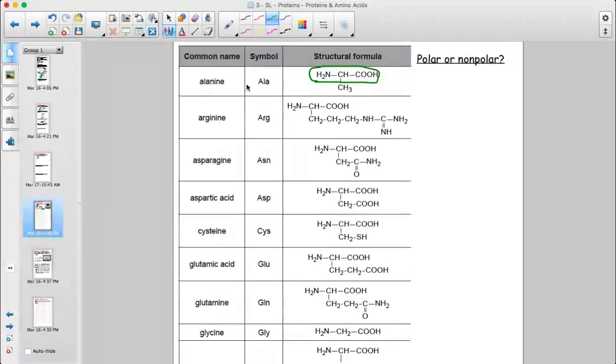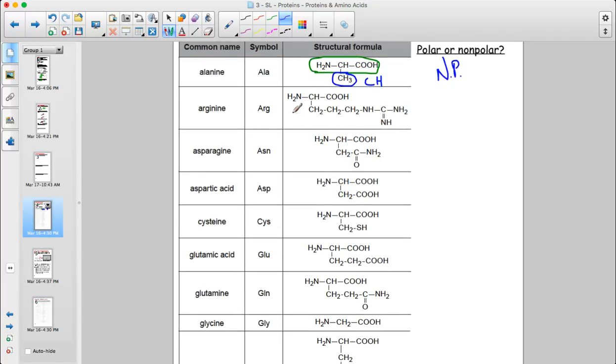So like for alanine here, the first one, its R group is a methyl group. Methyl is just C and H, and you should have a pretty good idea by now that that is completely nonpolar. And so alanine is not particularly water soluble, or at least compared to some of the other amino acids, it's not going to be that water soluble. If we look to the next one, arginine, it has some N-H's, so it does have some hydrogen bonding capable things, but it also has a pretty long carbon chain here. And so that combination means it's maybe a bit more polar than the alanine, but not really, really polar.